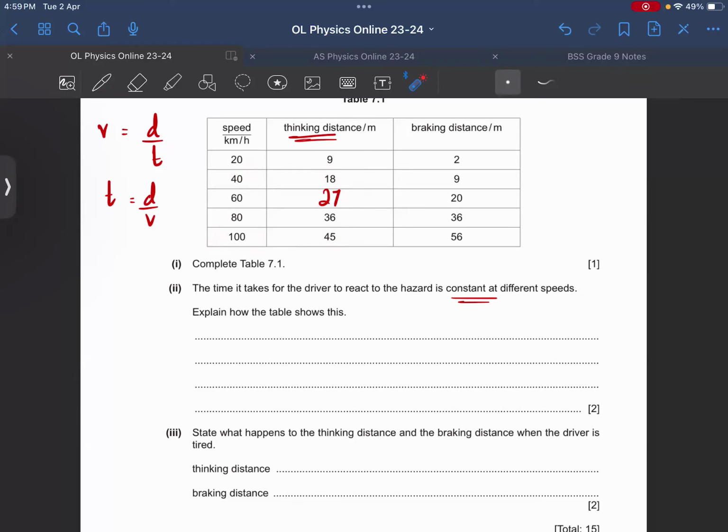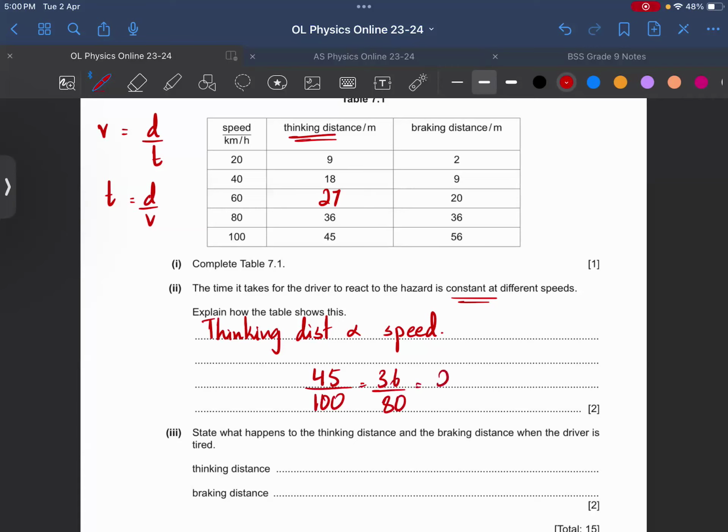या तो आप ये भी कह सकते हैं that you can just use proportionality, ये डबल हुआ ये डबल, सही है, ये 5 times हुआ ये 5 times हुआ, लेकिन do show some calculation with respect to the values in the table। ठीक है, so thinking distance is proportional to speed। और आपको बिकॉज आप सभी ओ लेवल मैथ भी दे रहे हैं तो आपको पता है डायरेक्ट प्रोपोर्शन की डेफिनेशन ये होती है कि दो चीजों का रेशियो सेम है। फॉर एग्जाम्पल, 45 over 100 is the same thing as 36 over 80, is the same thing as 27 over 60, right? So you can say this is a constant ratio।